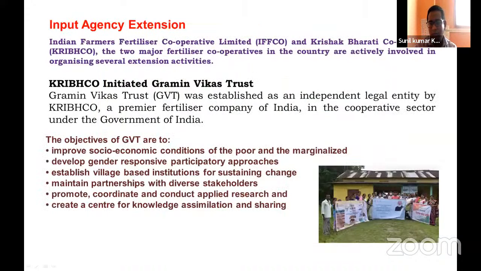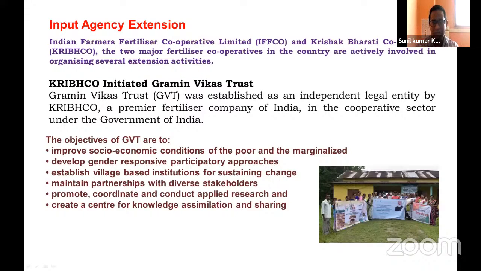If you look into the examples of this privatization of extension, there are a number of sections which can be dealt with. Firstly, it has started with input agencies' extension. There are a number of good companies who are working in the fertilizer sector itself. The major two companies who are working closely with the farmers are IFFCO and KRIBHCO. There are two major fertilizer cooperatives, and they have established their ways to deal with the farmers, as KRIBHCO